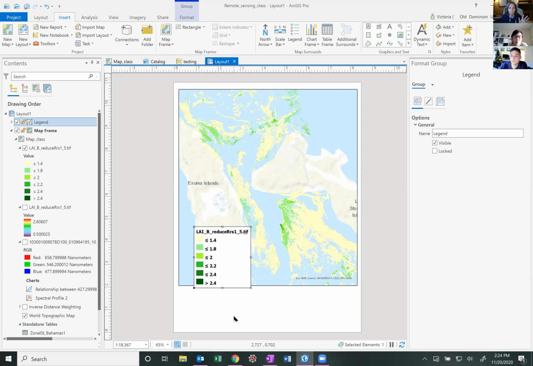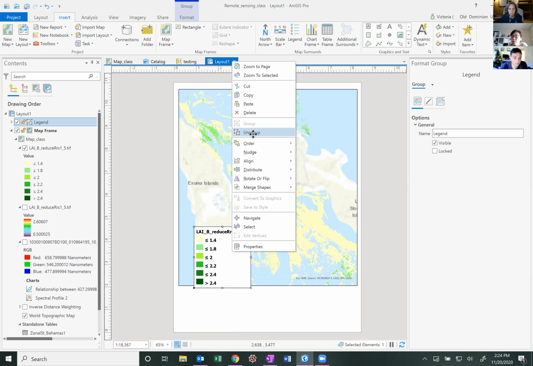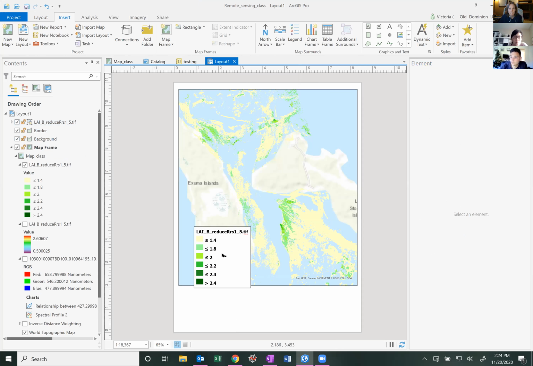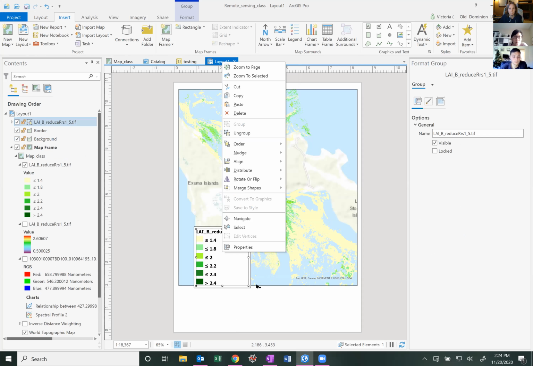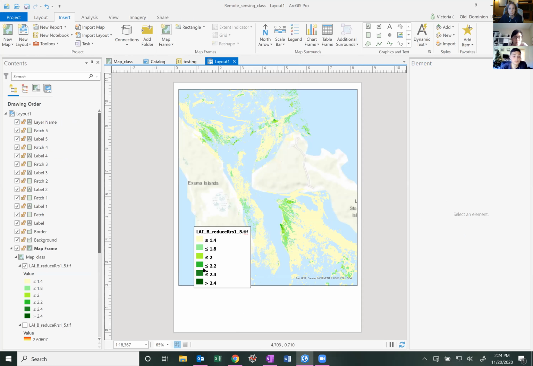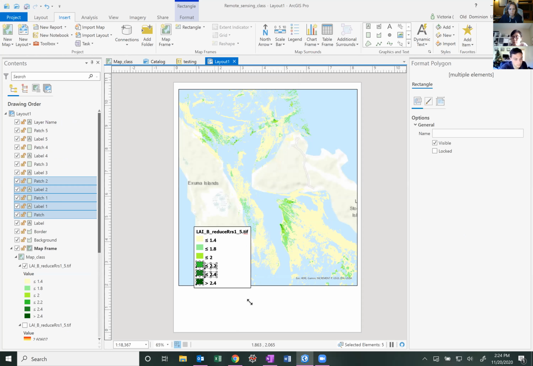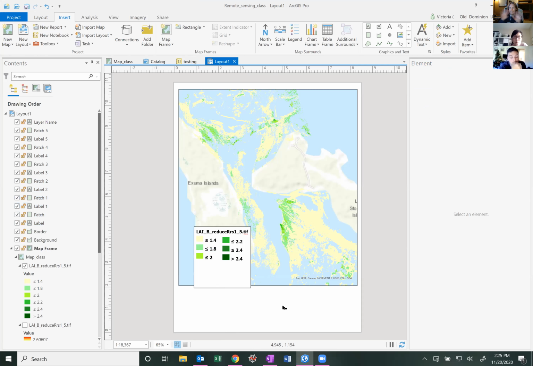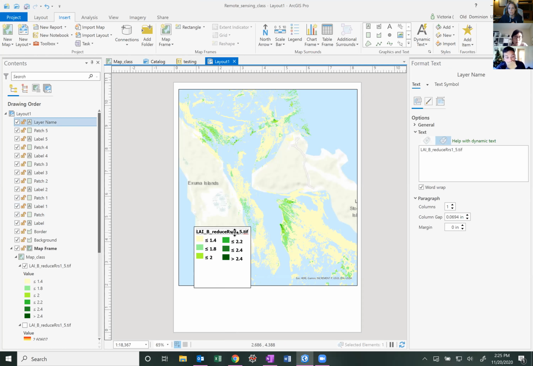The reason to convert it to graphics is you can then right click, you can ungroup everything, and you can move elements around. So say that I actually wanted these elements to be here, that's how you would do it. So that's how you get things to be exactly how you want them, because sometimes you can't get it exact in the legend formatting. And then you can double click here, and this is where I would change this and put in my